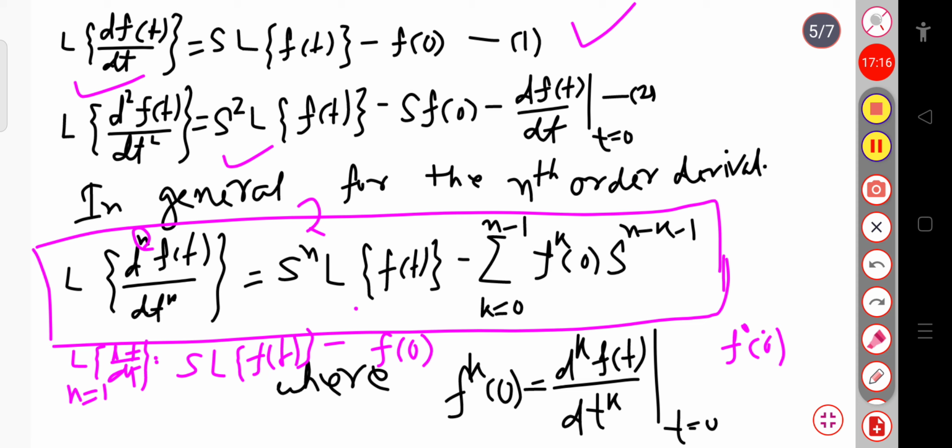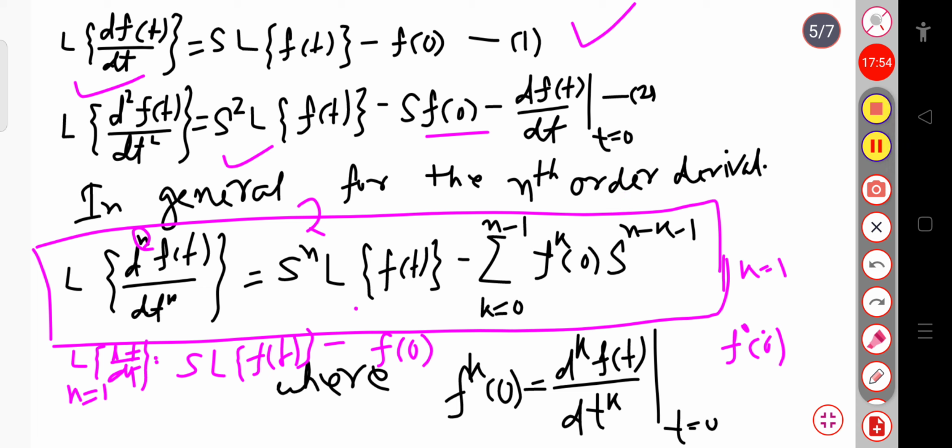So there will be two expressions, that is the summation varies from k equal to 0 to 1. For one case I will substitute k equal to 0, and for the other case I will substitute k equal to 1. So when k equal to 0, this will be f0 of 0, it is simply f of 0. S power, when k equal to 0 and n is 2, so 2 minus 0 minus 1. So 2 minus 1 is 1, so this will be s power 1. So this is also correct.